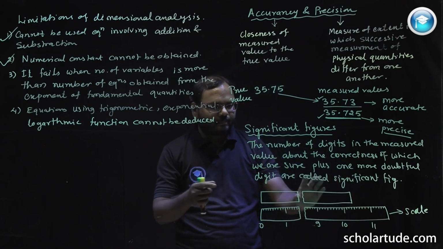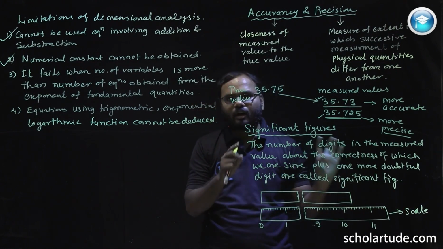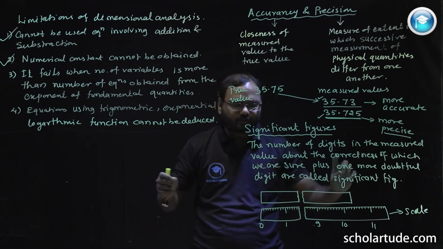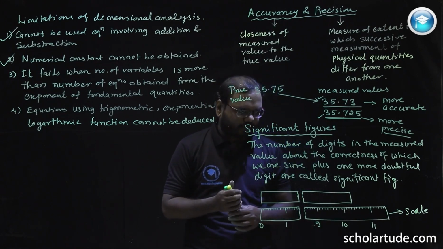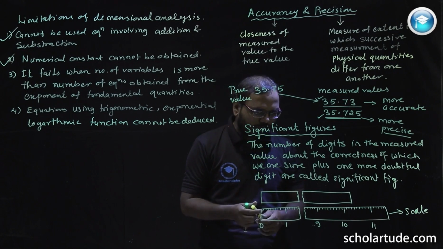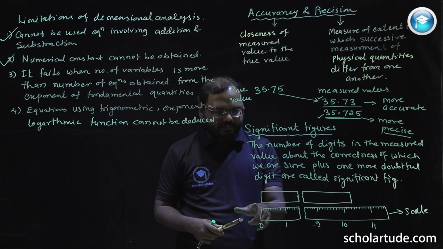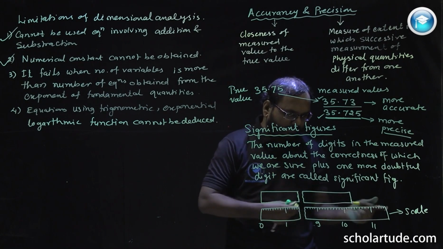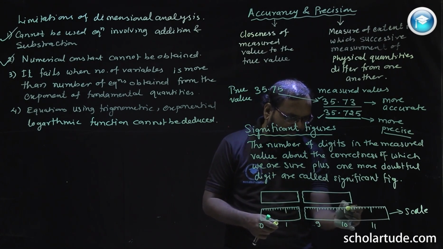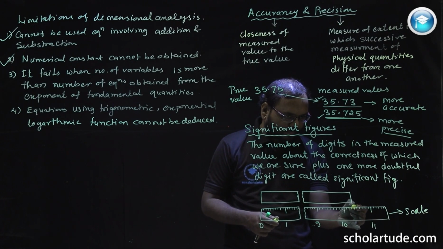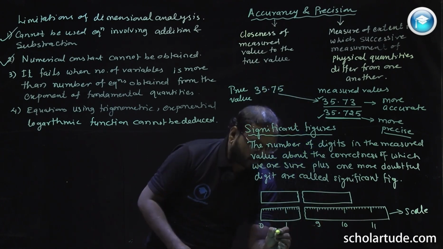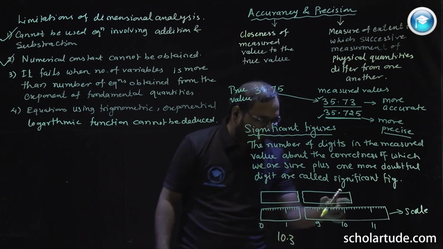With the help of this scale we are measuring the length of this. Suppose it is a rod, we are measuring the length of the rod. This is also a long rod and I have broken the scale too. It doesn't mean it is broken from here. Okay, now you can see that this end is at 0 of the scale, and this end is in between. You can see that this is 10, this is 11, this is 10.1, 10.2, 10.3, and it is in between. It is 10.3, and how much more would you say?